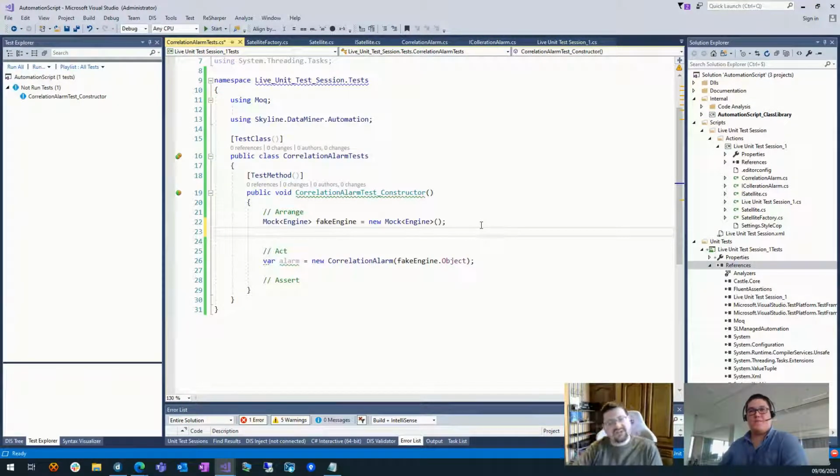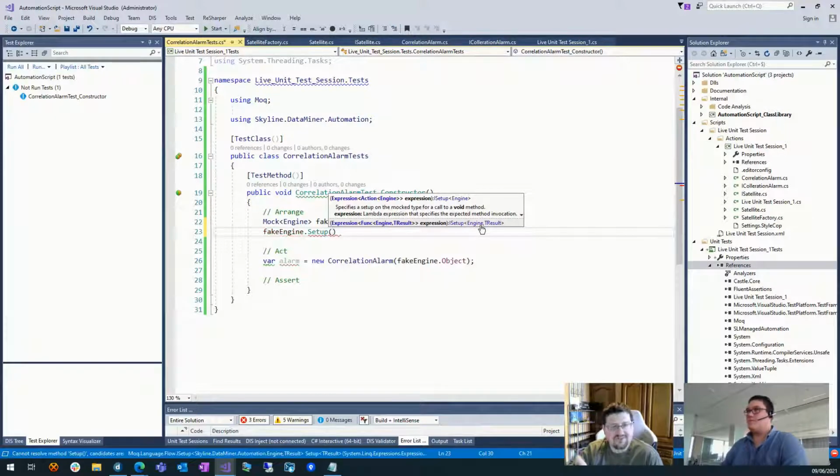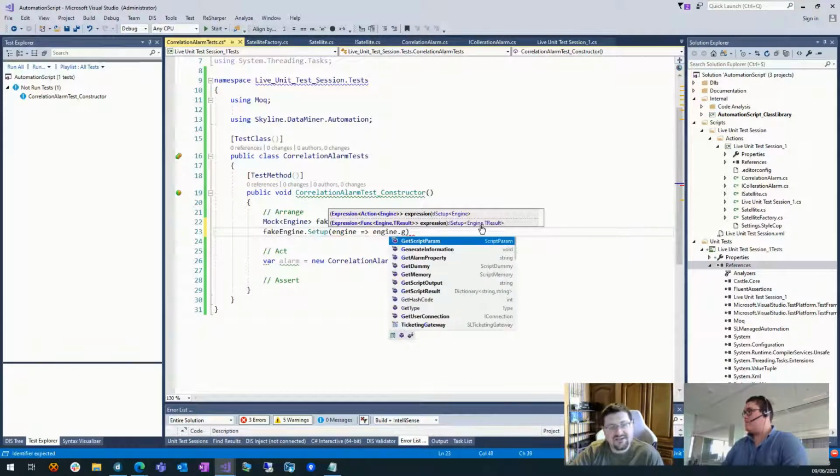So what we want to do is actually fake the value that we get from 65,006. So the fake engine, we can do a setup. The setup is going to be a lambda expression. So engine, lambda, and then anything in there you can overwrite.